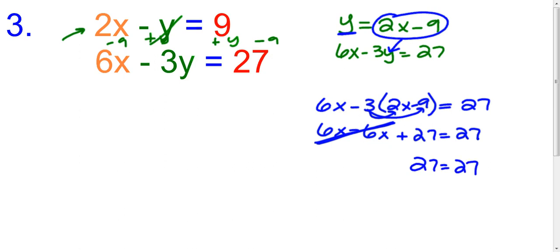So what happened is my variables or my letters disappeared in this case. And sometimes that happens, okay? Your variables could disappear. When that happens, two things could occur. Your letters are gone, and if you have an equation like this, where your two numbers are equal to each other, then you have what's called infinite solutions,